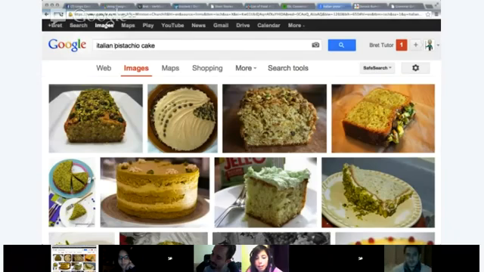Pistachio has become famous thanks to an international association called Slow Food. Do you know it?